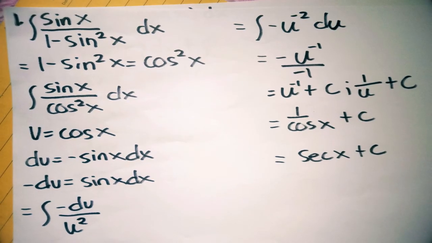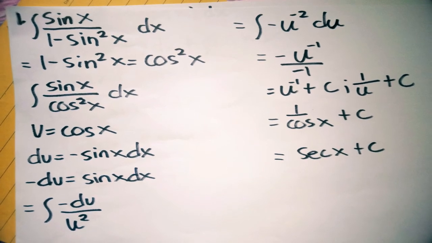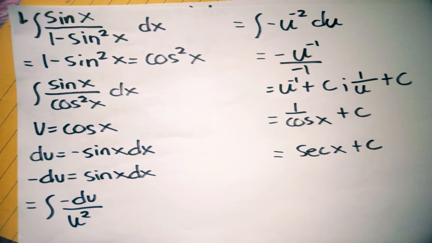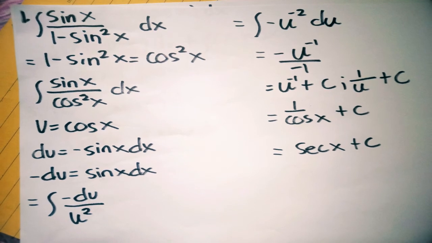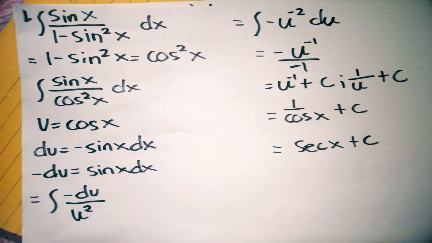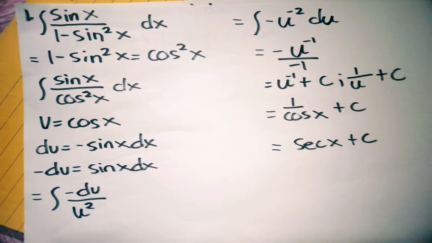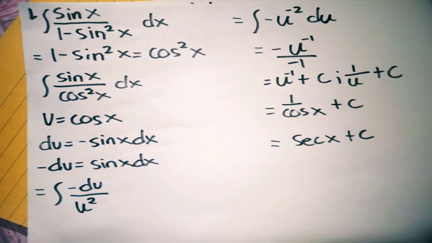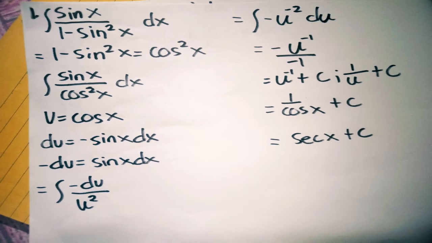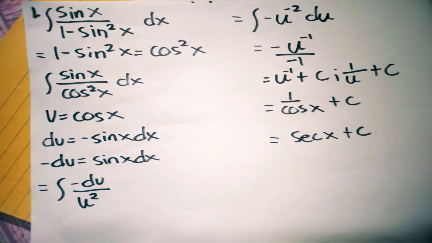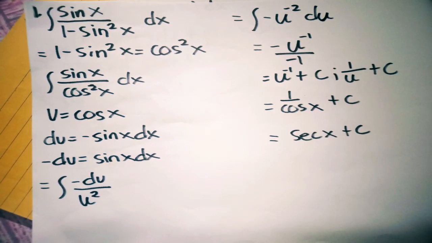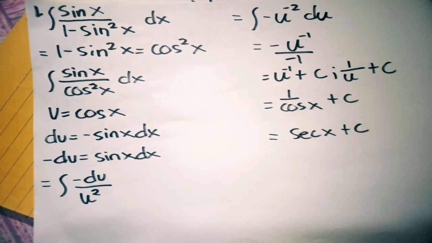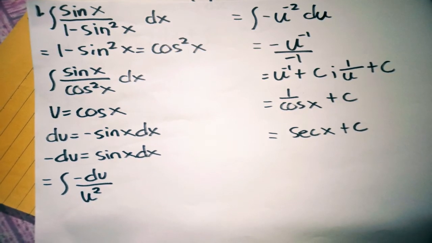Number 1. The integral of sine x over 1 minus sine squared x dx, where 1 minus sine squared x is equivalent to cos squared x. The integral of sine x over cos squared x dx. Let u equal cos x, du equals negative sine x dx,